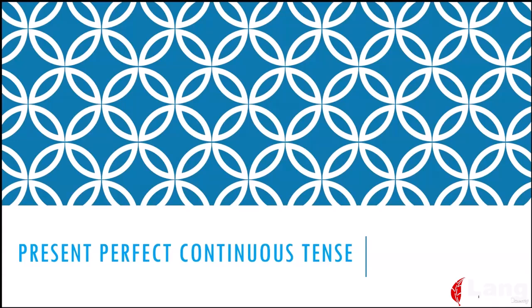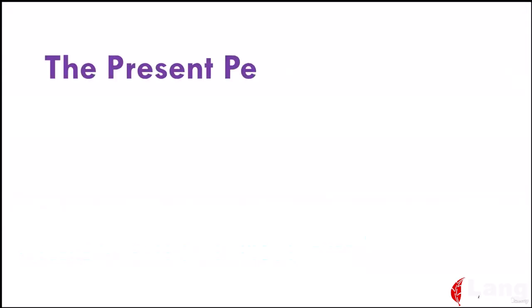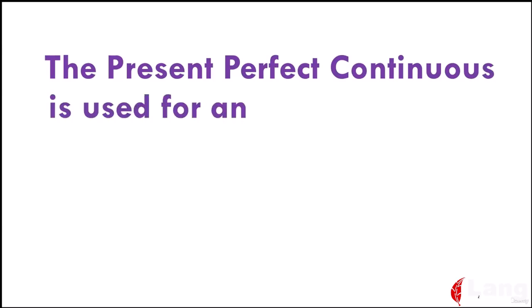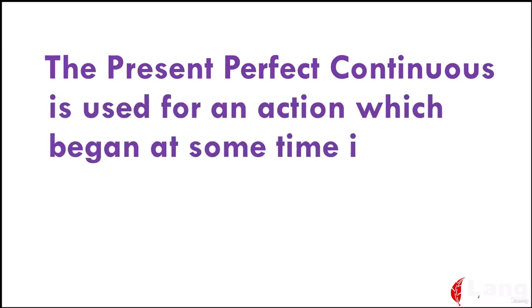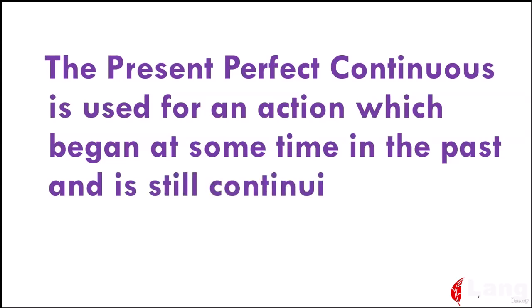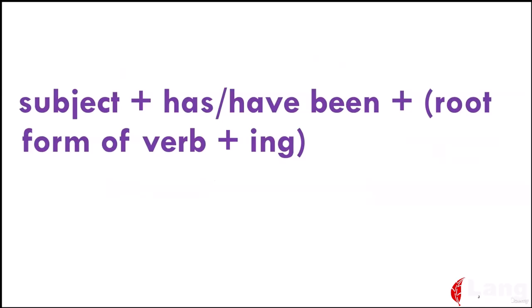In this lesson, we will discuss what is present perfect continuous tense. The present perfect continuous tense is used for an action which began at some point in the past and is still continuing. The present perfect continuous tense has the form subject plus has been or have been plus root form of the verb plus ing. Examples: